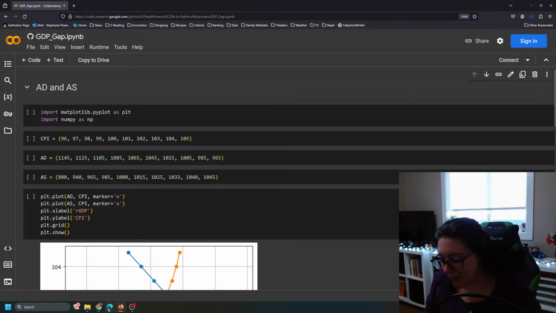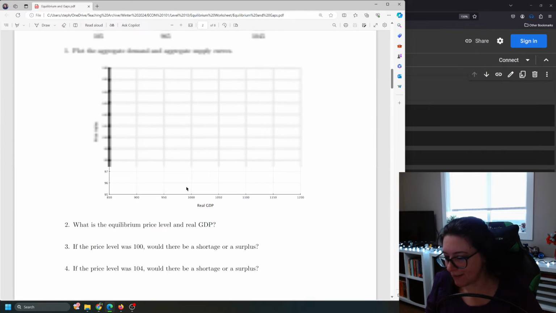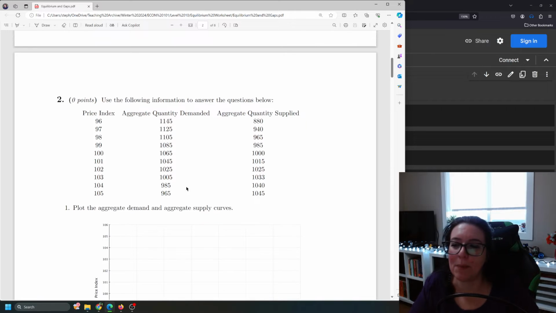All right, so what we're going to do is we want to take this information here, and we want to plot aggregate demand and aggregate supply. And when we look at aggregate demand and aggregate supply, it is about plotting real GDP, the total value that everyone wants to buy of the goods and services, versus a measure of their price. So the consumer price index or some kind of measure in inflation. And that will give us aggregate demand. Then we plot real GDP in terms of the amount that businesses will produce relative to the different prices or